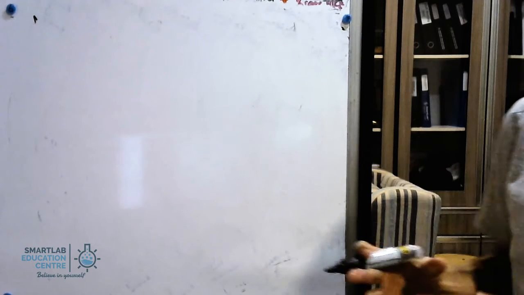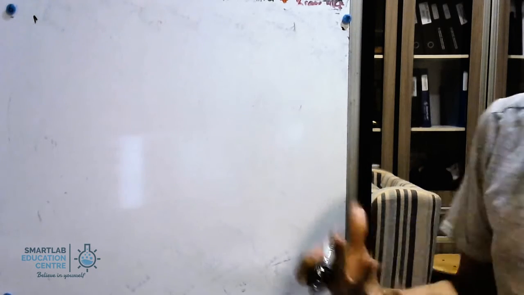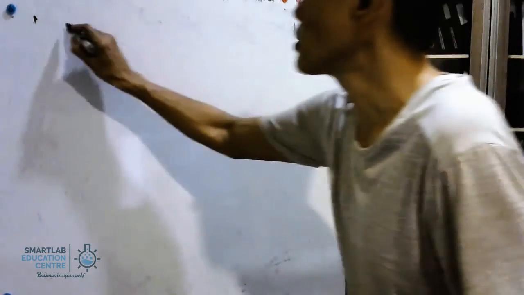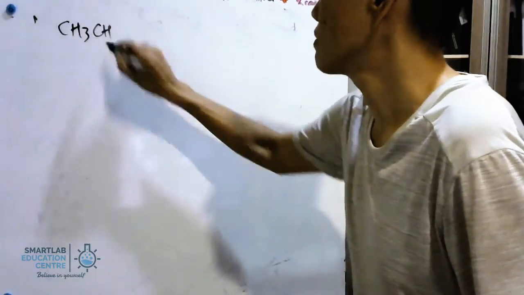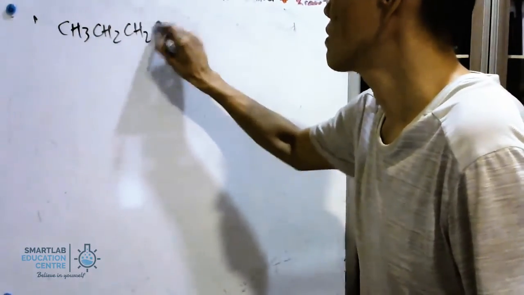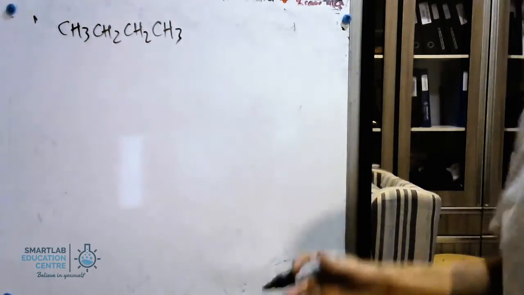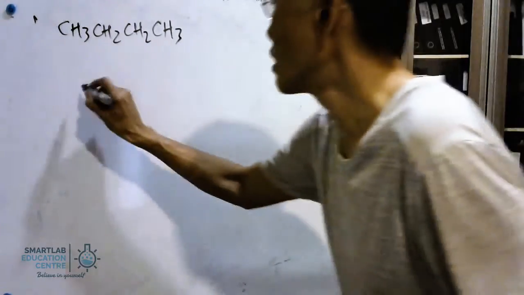Okay, let's now talk about line structure. Line structure is in actual fact basically a faster way of representing the structure of an organic compound. For example, if we have a structure like this, let me start out with this first. Then instead of having to write it in that manner, to quickly represent the structure we can do it in this manner, which is actually pretty fast.